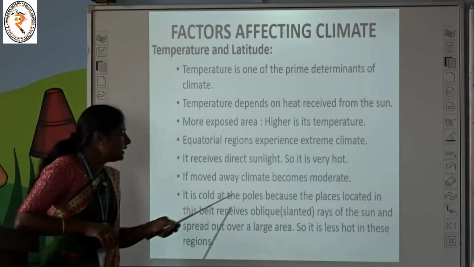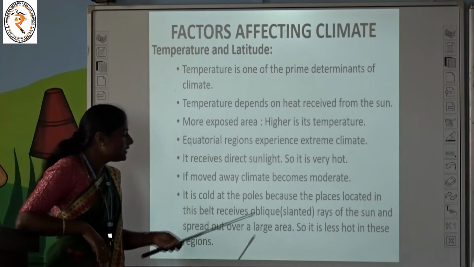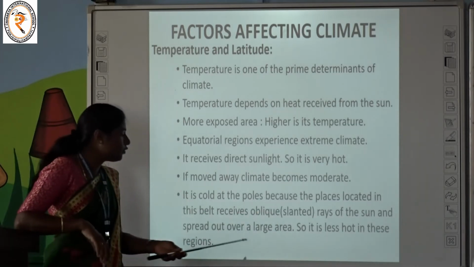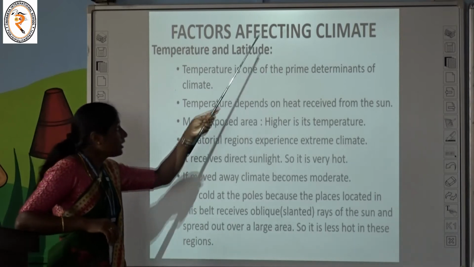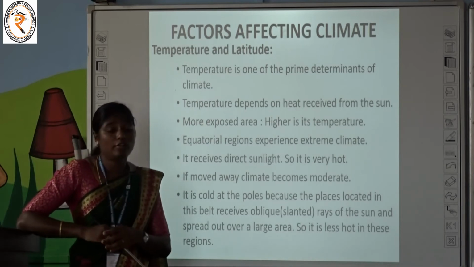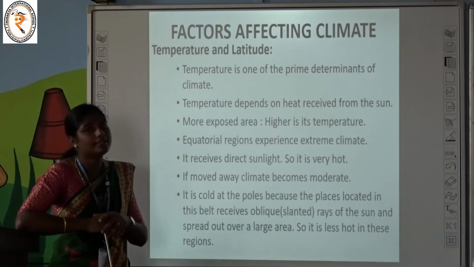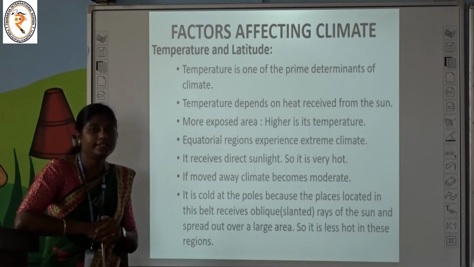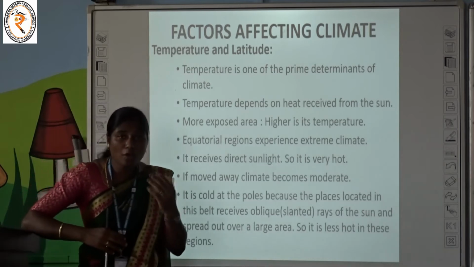And it is cold at the poles because the places located in this belt receive oblique or slanted rays of the sun, spread out over a large area. So what will happen at the poles? At the North Pole and the South Pole, the direct sunlight will not fall on the poles because the earth is a little bit slanted. So the sun rays will be oblique. Oblique means slanted. Slanted rays will fall on the poles and only a small amount of heat